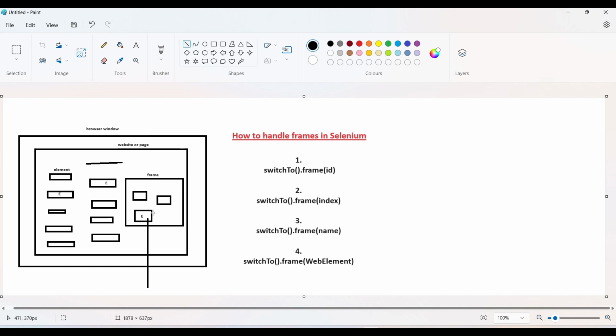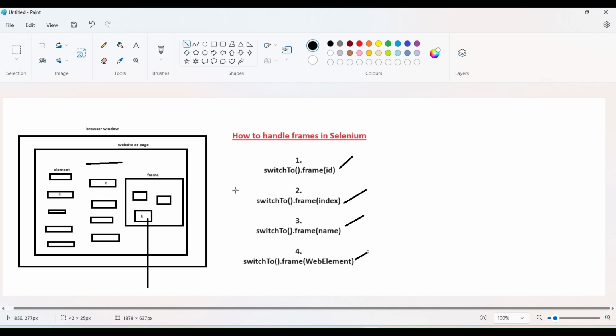So for this scenario guys, we use the driver.switchTo().frame method, right? We use the switchTo method to switch from one page to the frame. First of all I need to switch to the frame, and after that I can access these elements, right? So how am I going to switch to the frame? Simple. We can use switchTo frame by using these options. Like I can use this one, or this one, or this one.